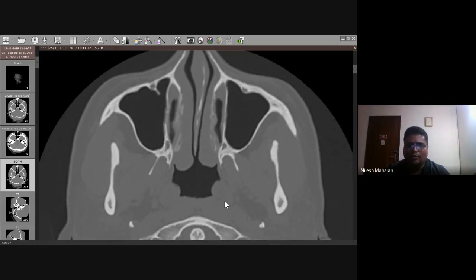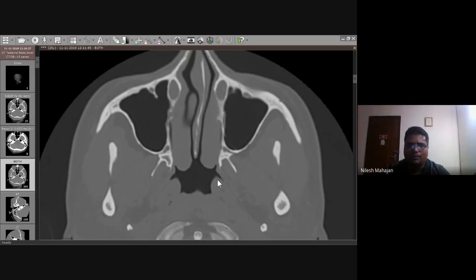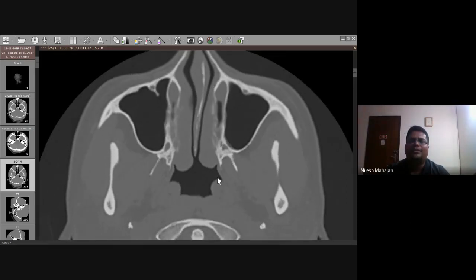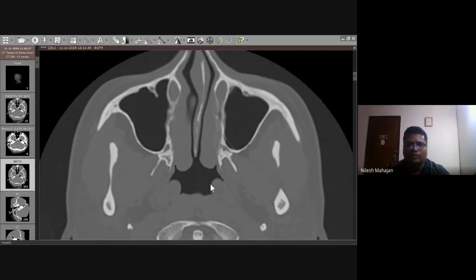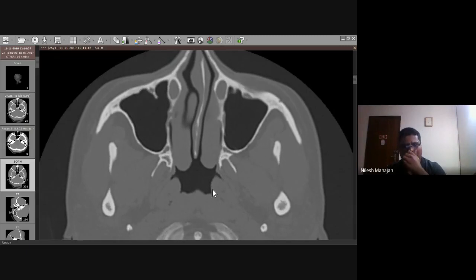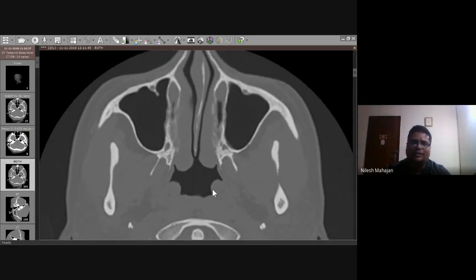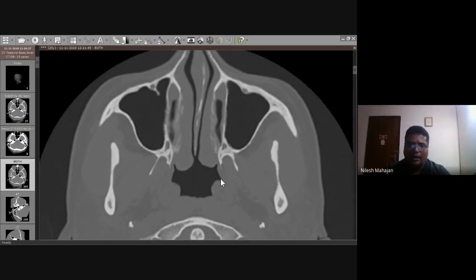So if you go down, still this is eustachian tube orifice. If you go up, still this is also eustachian tube orifice. So it will not be in a single cut, it will be in multiple cuts, because all structures are 3D structures. Like this is torus tuberis in the lower part. If you come up, this is also torus tuberis in the upper part. So you should pick up one structure and you should trace it up and down.